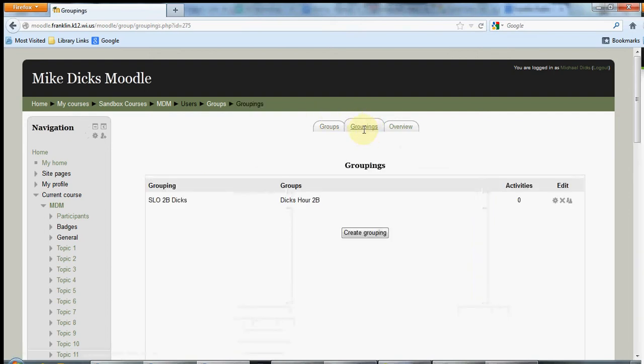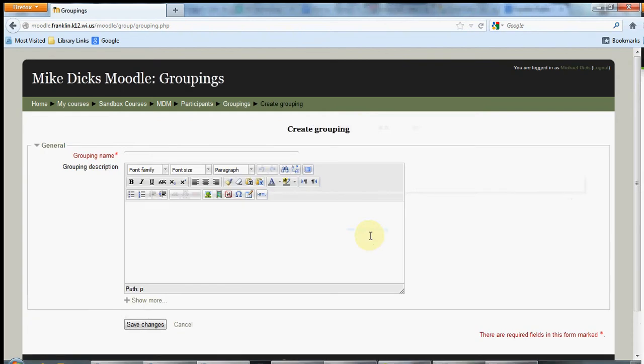And a grouping you can get to by clicking on the Groupings tab at the top, and we can create a grouping. And the grouping is a group of your groups effectively. So if you're creating an activity, maybe it's a redo activity, maybe it's a going further activity, for all of your kids that are struggling in your course,